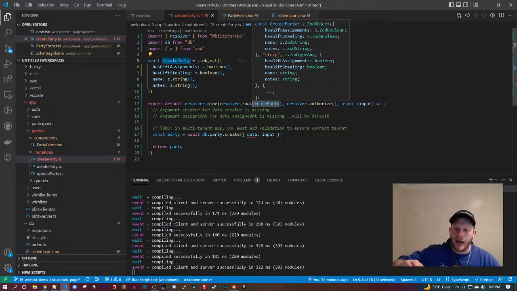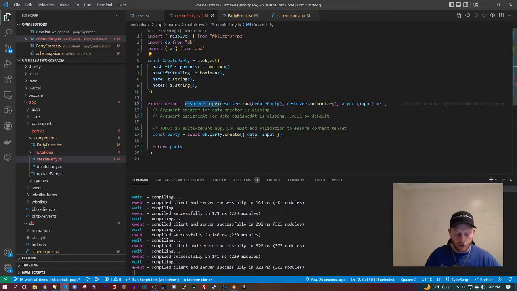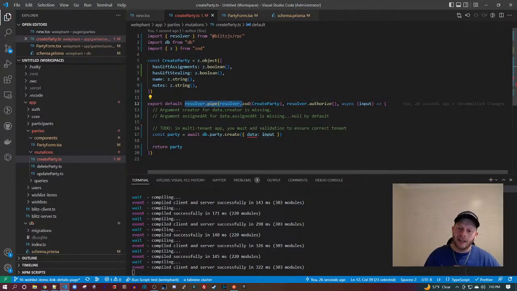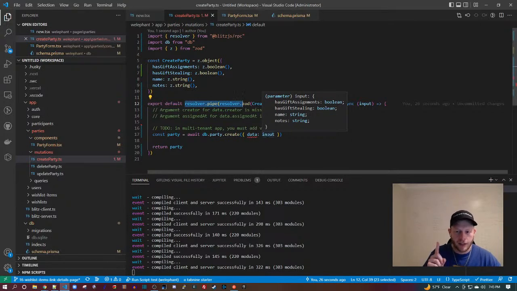There's a lot of stuff that's passed through. It's really convenient and ergonomic, but it's not mysterious. It's explicitly passed through. We have a resolver pipe. We're passing through the party. The party has been edited, and that is how the input validation is automatically, but not magically, clearly, transparently, explicitly updated.